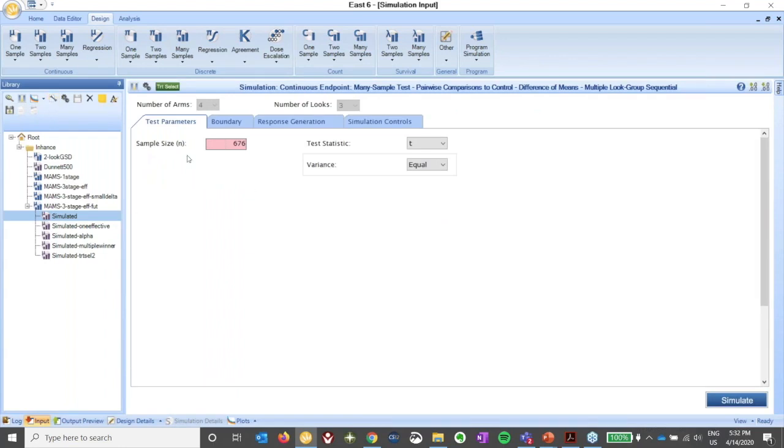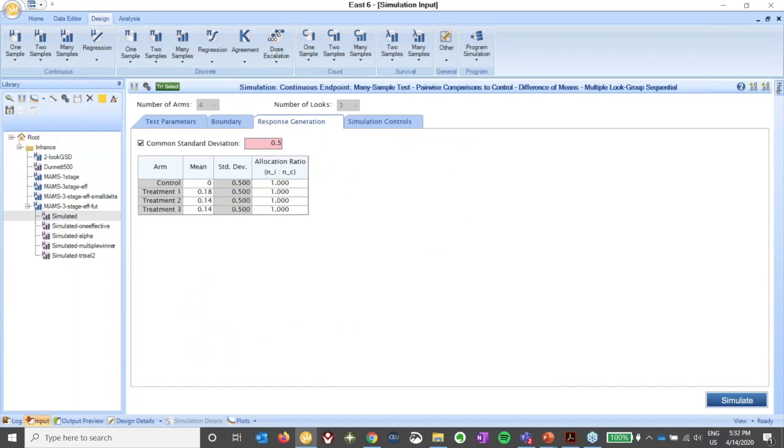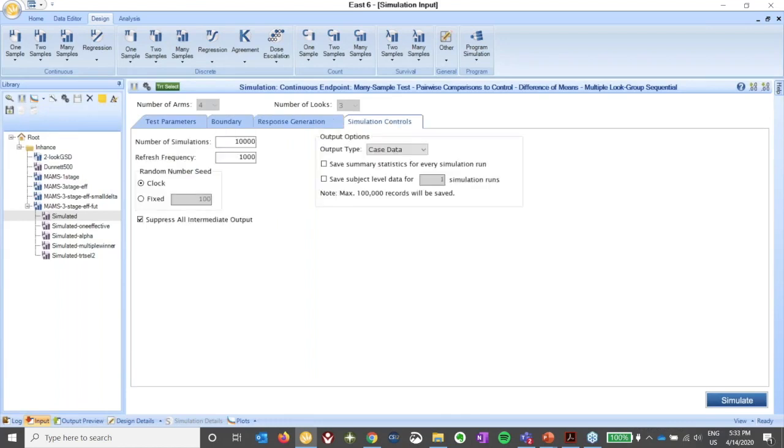So here you have the maximum sample size. We have the boundaries that we used for early stopping for efficacy and futility, the way that the responses were generated. Only one of the treatments has a strong treatment effect, and of course, how many simulations you would like to run